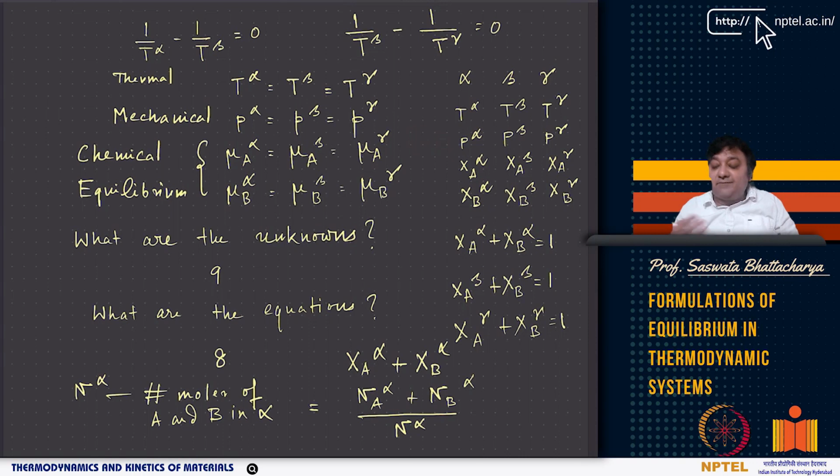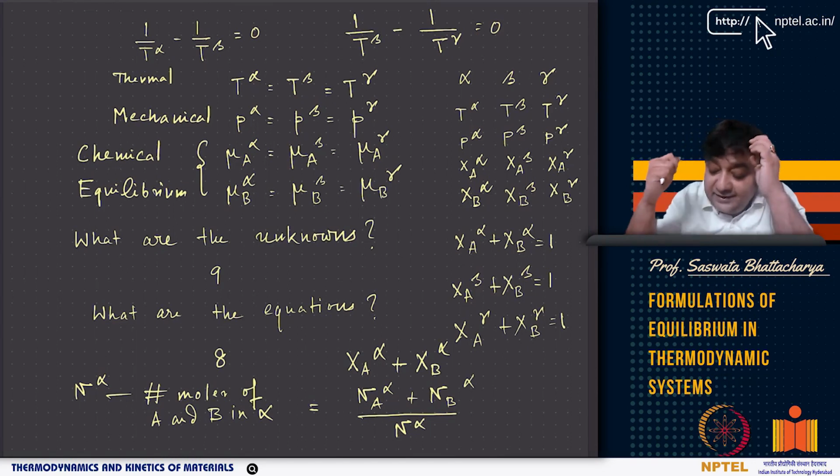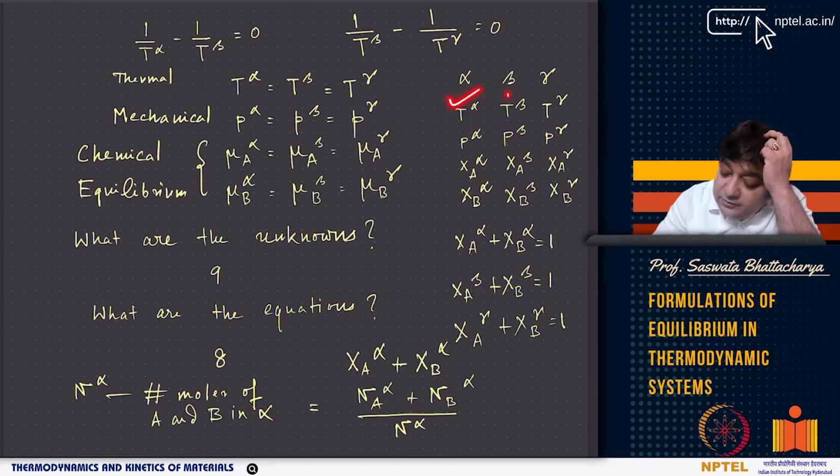That P can be atmospheric pressure, it can be 3 times atmospheric pressure, it can also be like 1/3 of atmospheric pressure, or whatever it is. It can be some arbitrary pressure, but all subsystems will have the same pressure, right? And we are basically removing this equation, right? This equation is already implied when I am talking about solids or liquids. Now in that case you have 1, 2, 3, and either XA or XB can be your variable. So you have 1, 2, 3, 4, 5, 6.